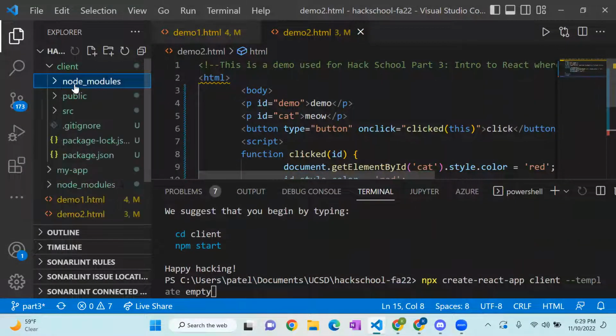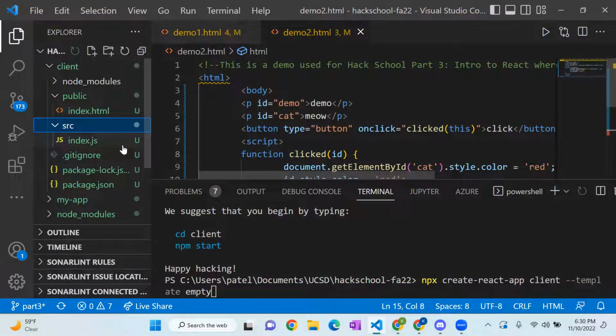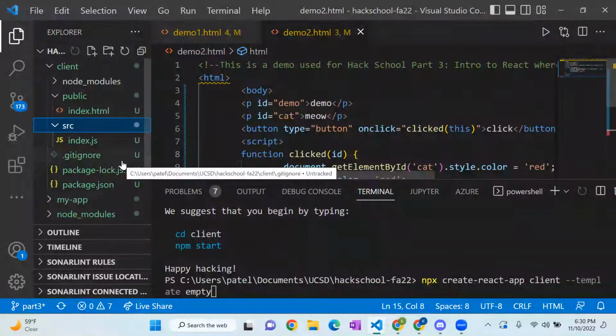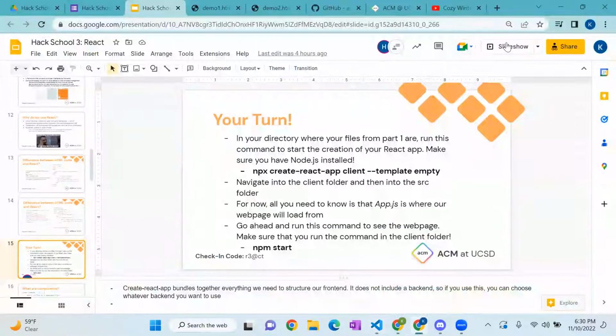Just leave it. You don't have to do anything to it at all. Then you should see a public and a source folder, and these three files: gitignore and the package JSON files. Inside public, you should see index.html, and inside source should be pretty much just index.js, because we created an empty template just to simplify things for everyone. Now, we're going to come back to it later. But